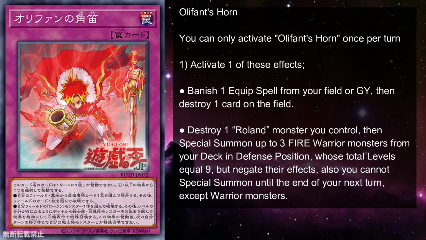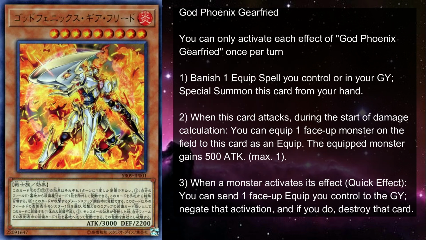So now that we've gone over all of the new Flame Noble Knights and their companions, let's go over a few other cards to keep in mind during deck building. God Phoenix Gearfried is kind of an honorary Flame Noble Knight. Its type and attribute are absolutely perfect, and its equipment theming mixes really well with a theme that's defined by their equip spells. It also gives the archetype monster effect negation, as well as one of the most impressive removal